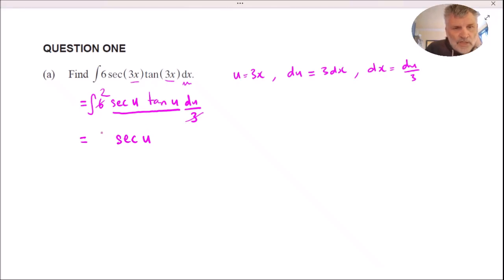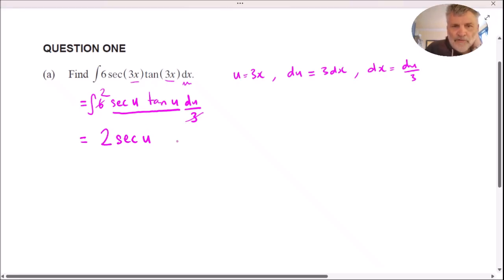It's in your tables, you can look it up. There's a 2 in front, and we add a constant of integration. After you do a substitution, at the last step, you substitute back for your u, and this will give